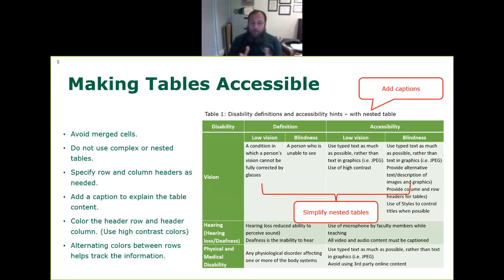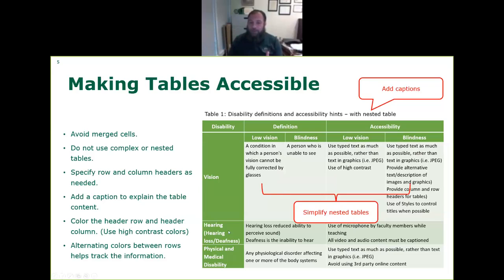Then, of course, we recommend that you color your table, especially the header row and header column, so it is visually more appealing and more readable. Also, we recommend that you alternate the colors between rows. Like the one we see here, you can see there's a light gray, green and darker green just below.